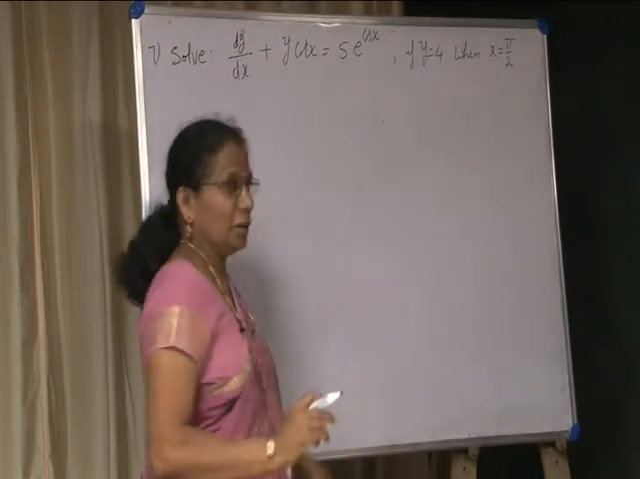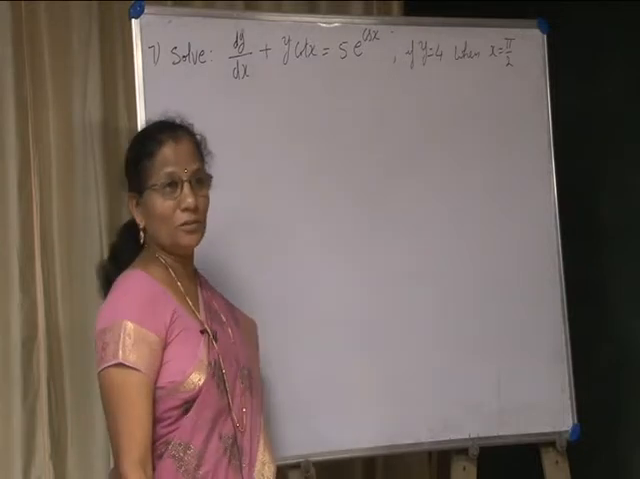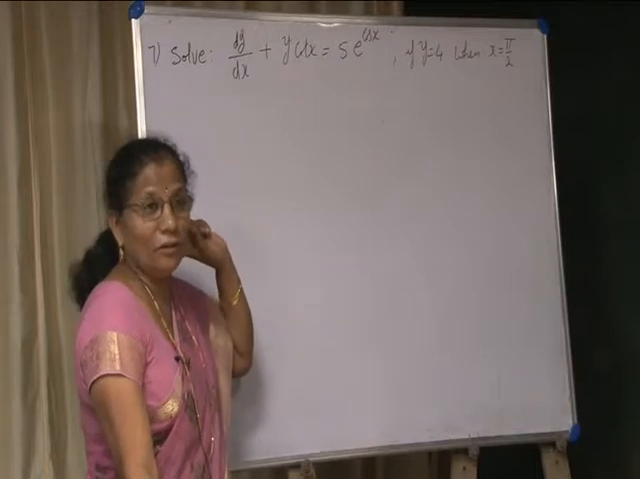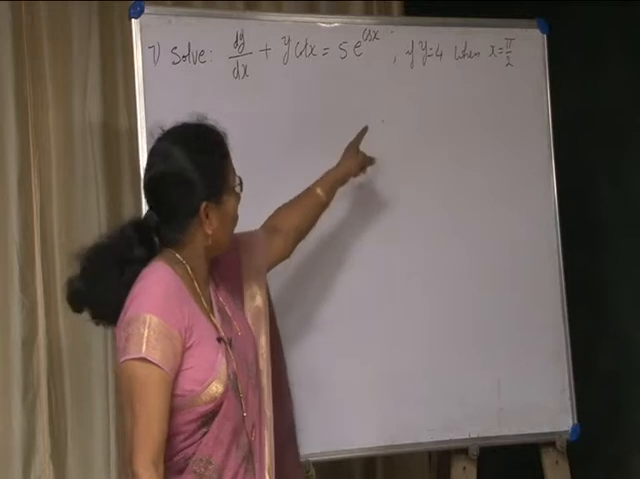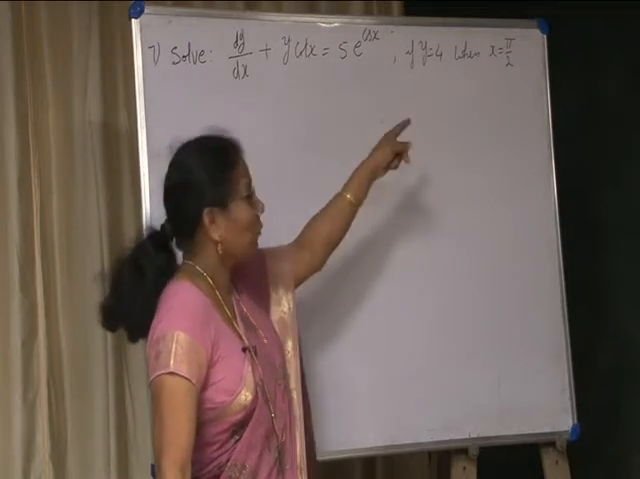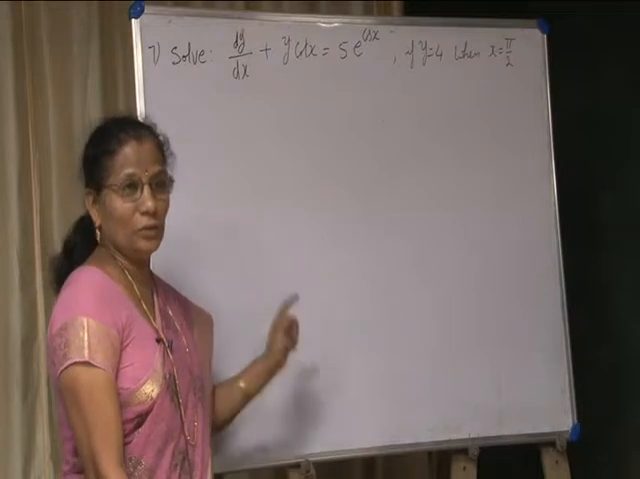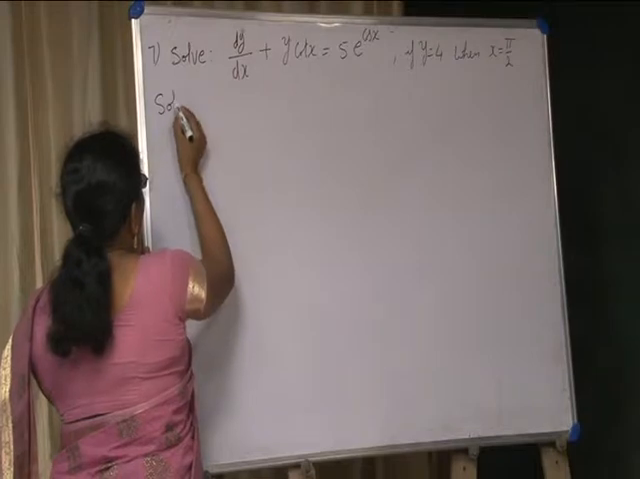In this, it is given that y is equal to 4 when x is equal to pi by 2, because to find the value of k, after finding the solution, substitute y is equal to 4 and x is equal to pi by 2, and you will get the value of k. So, that is the value of the integral constant. Solution: